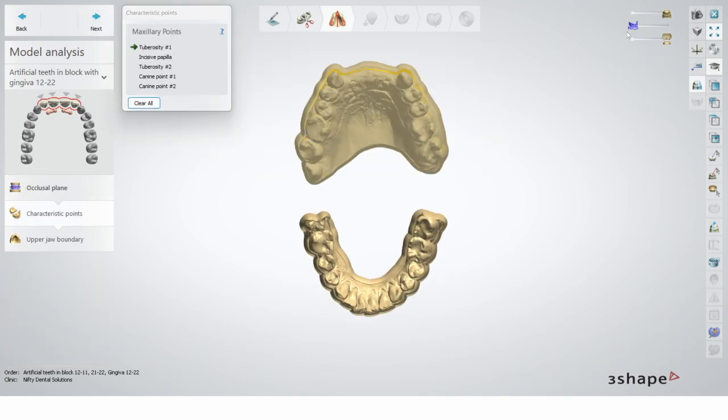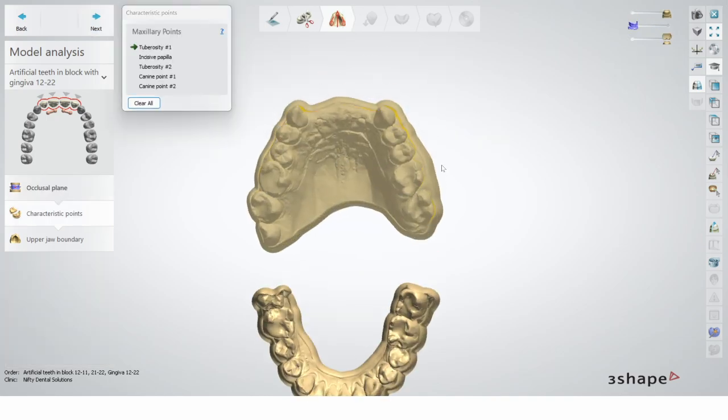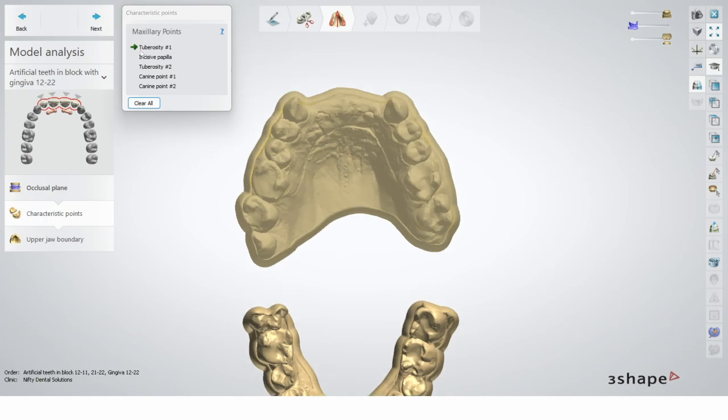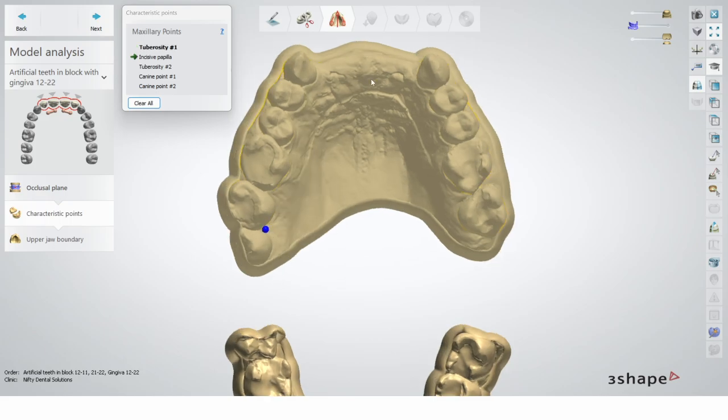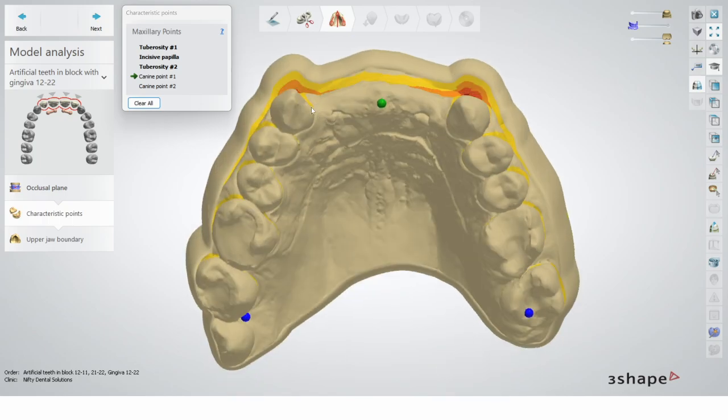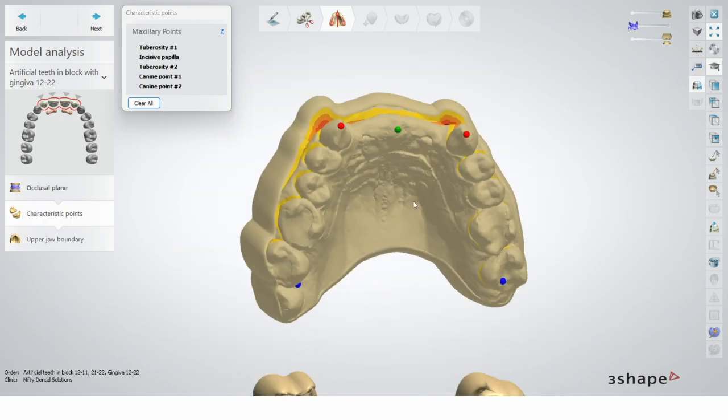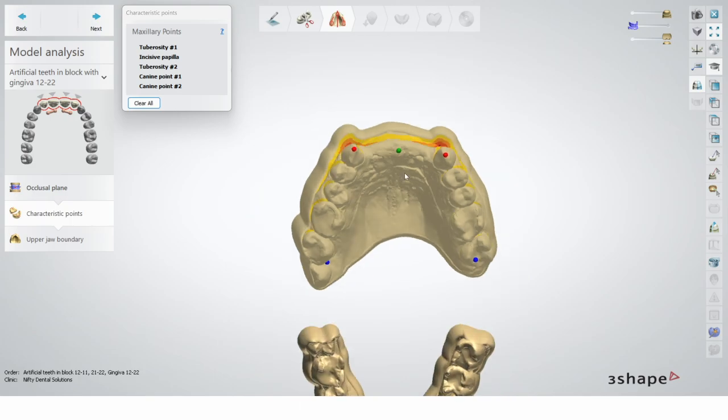Characteristic points are the same as in the full denture module, exactly the same. But this time, you can see it asks me to select the tuberosity, but I don't have any tuberosity here. I actually have teeth, so I'm just gonna place it there, then the incisive papilla. And the second tuberosity is gonna go on the other side, on the tooth. It's not a big problem. Canines, well, we've got the canines. I'm gonna click exactly on top of them. So now the software has the right coordinates, knows where the canines are, so it knows exactly the space we need for the 4 anteriors. And I can go next.